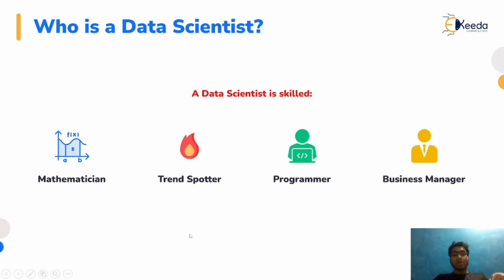Second is trend spotter. As a data scientist, your stakeholders may provide you data that is totally raw, but using that data you should be able to analyze the trend. In the previous slides we saw that sales are higher on holidays, which was a particular kind of trend. Similarly, the amount of data generated is on an uptrend. We are generating more and more data over time, so that is a trend. As a data scientist, you should be able to identify those trends, characteristics and behavior. That is also a role of a data scientist.